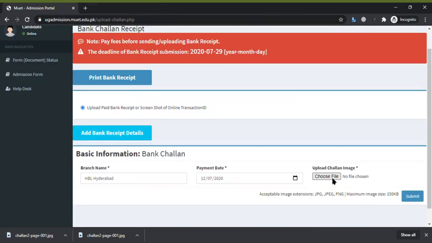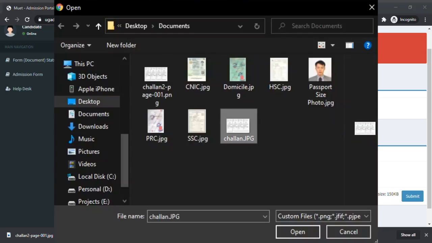Now go back to the form and click Choose File. Now upload the challan having a file size smaller than 150 KB.